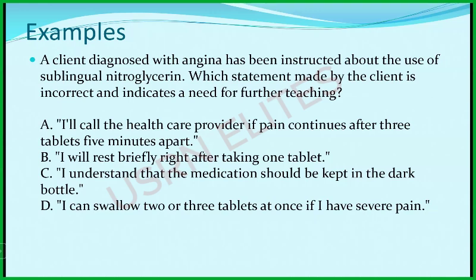Now we know after you take the first tablet and you're still feeling chest pain, you call the healthcare provider, then you take the second tablet, the third tablet, then you go to the nearest health facility. This is where sometimes you might get confused because they're saying that you'll call the healthcare provider after you have taken the 3 tablets 5 minutes apart, while you are supposed to call the healthcare provider after you have taken the first tablet and 5 minutes have elapsed